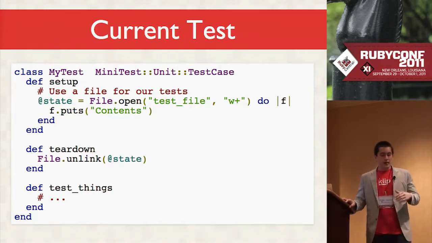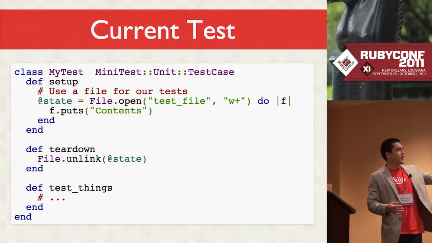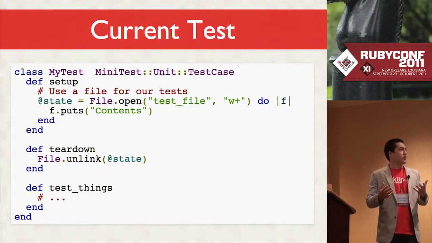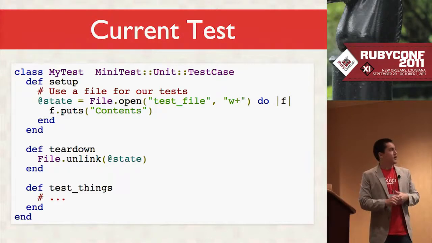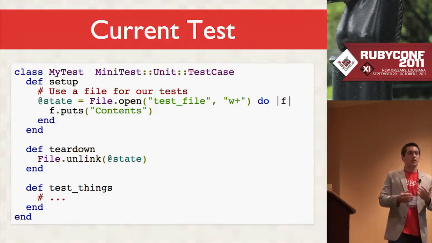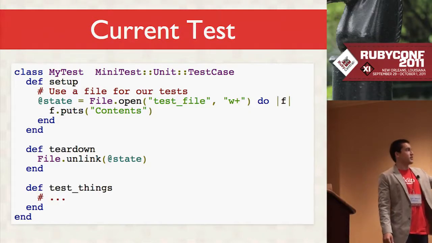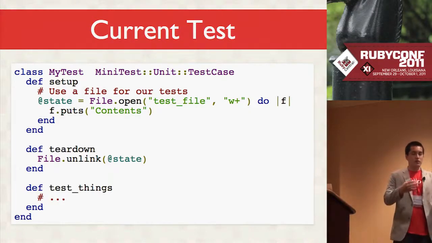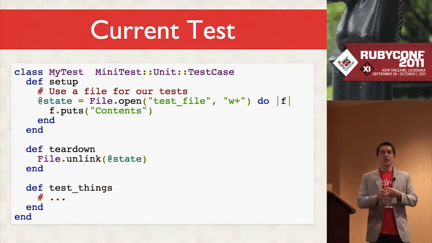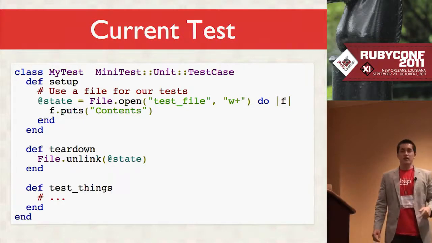Another thing is, this isn't Ruby's fault, this is just standard practice: it uses setup and teardown, and setup and teardown, in my opinion, just push shared state. You could use setup and teardown properly, but I think it makes it much easier to fall into a trap where your tests aren't easily parallelizable. In this case, it's assigning state to an instance variable. You have to create a new instance of the test class in order to parallelize it. And especially with JRuby and Rubinius, it'd just be much cooler to instantiate the test once and just tell it to shotgun out all the tests in that class.